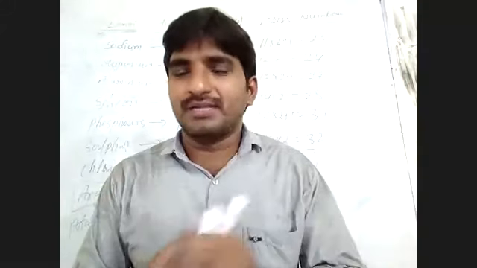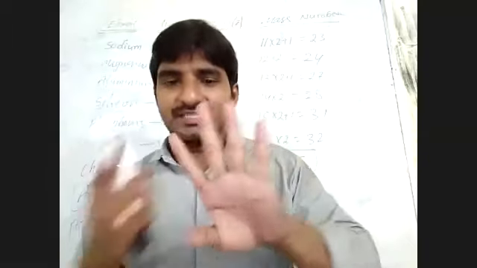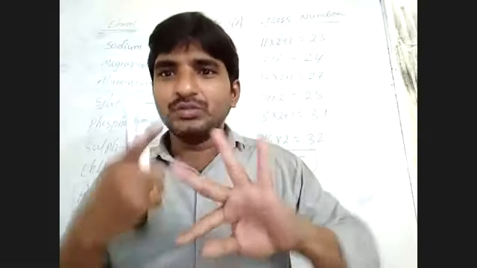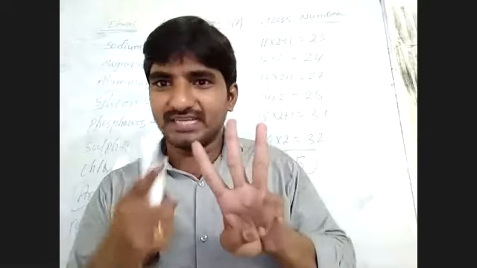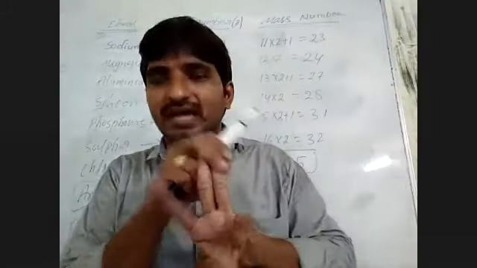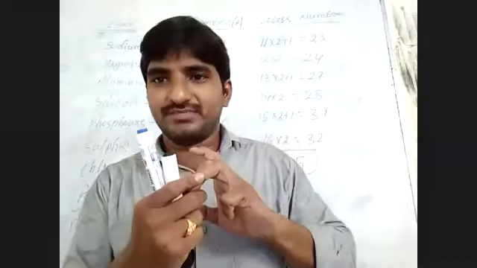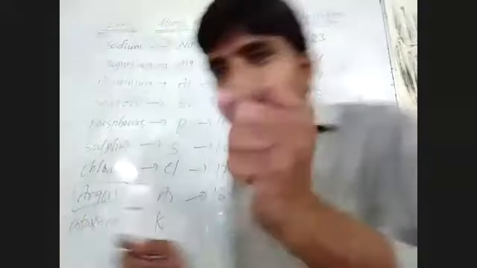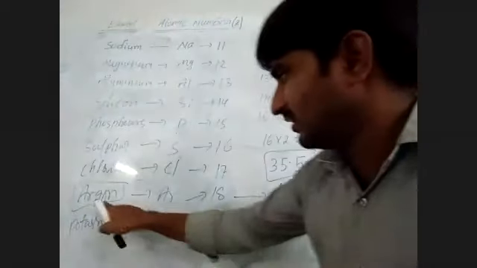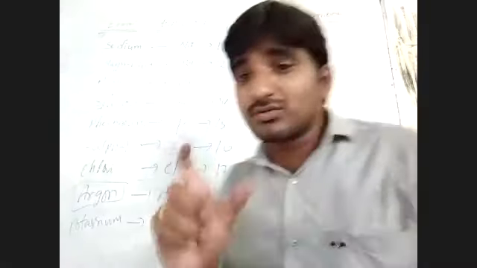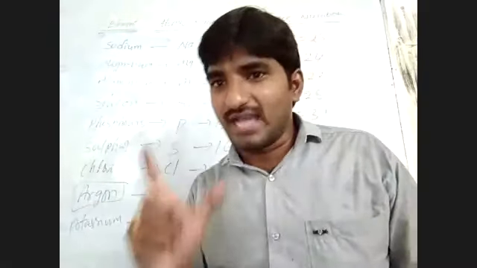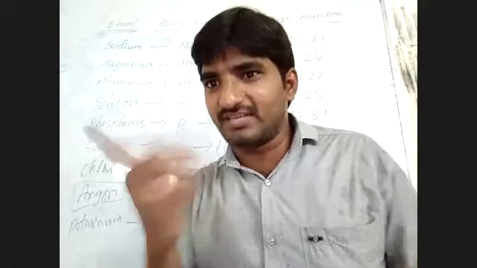In the environment, hydrogen will be three forms: hydrogen 1, hydrogen 2, hydrogen 3. There are three, but among those, the lifespan of some is very short. I will discuss it, just wait one minute. Chlorine is 35.5. Why? Because chlorine exists in the isotope system. Isotope system means please wait two minutes. I will discuss that one.